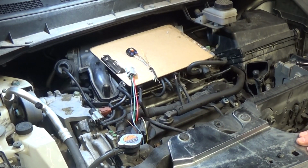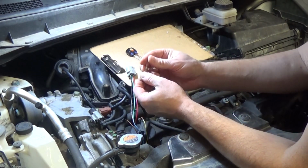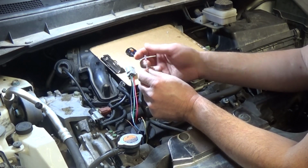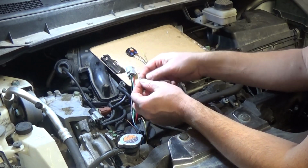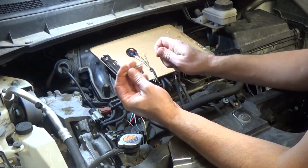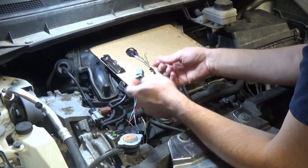Now to do my wiring, I'm using this new product. It's actually very convenient. It's the shrink tube that has a low melting point solder ring inside of it, and all you've got to do is put your wires together, get a lighter and melt it. I've already done the first one, but I like to put another shrink tube over it just for extra protection. I didn't do it on the first wire, I forgot, but I'm going to do it on